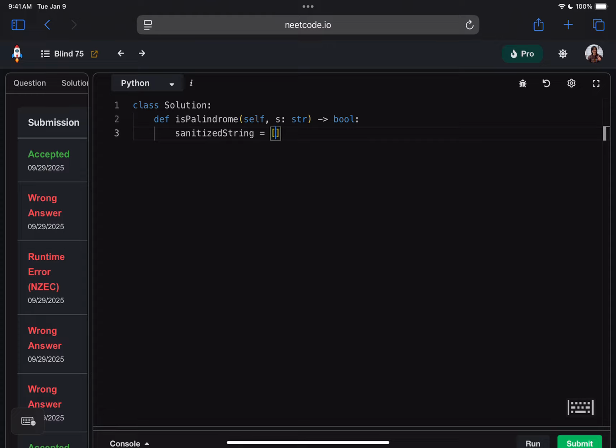We'll convert the string to a list of characters, and then join those characters back. But now that I think about it, we don't need to do that because we can just work with the list from there. Okay, so I'm going to say sanitized string list is,